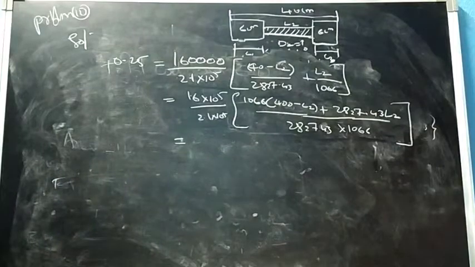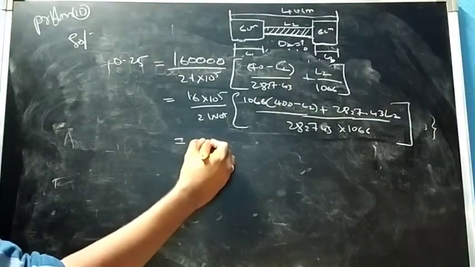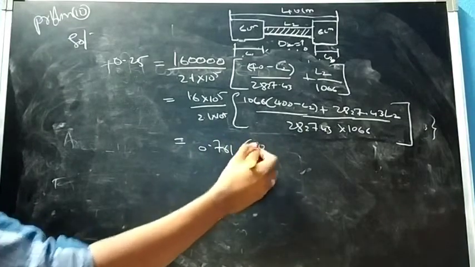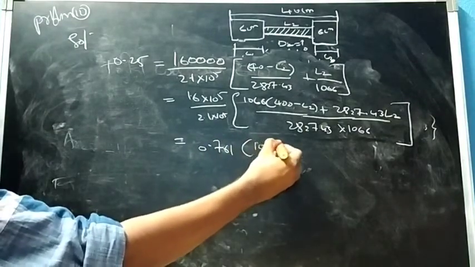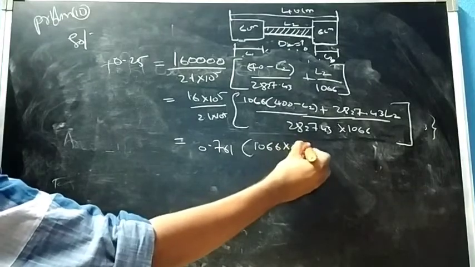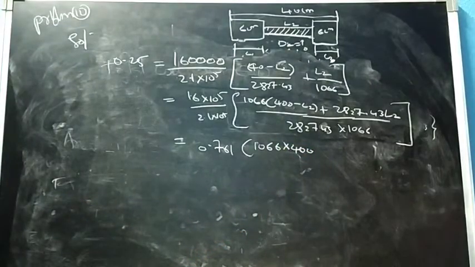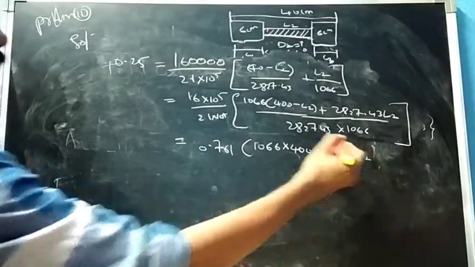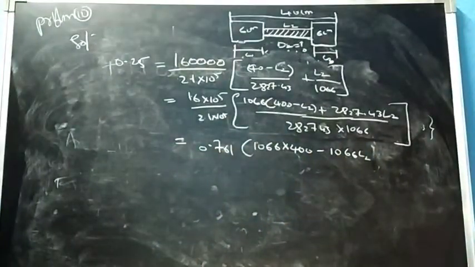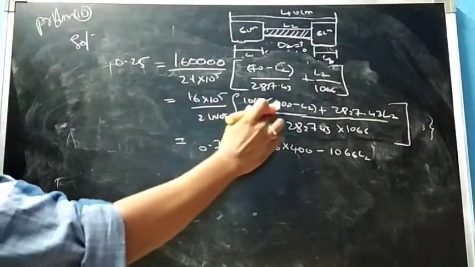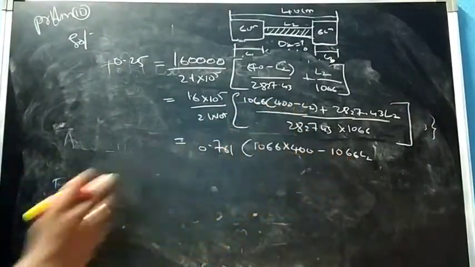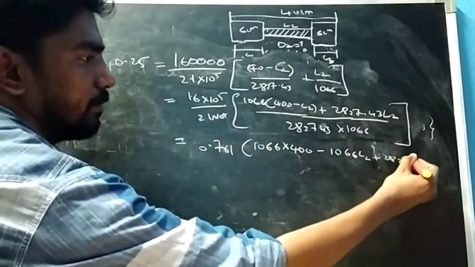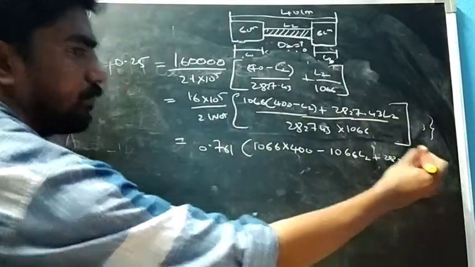So now from this we can get 0.761 into 1066 into 400 minus 1066 L2. So multiplying this with both, we will get this plus 2827.43 L2, right,